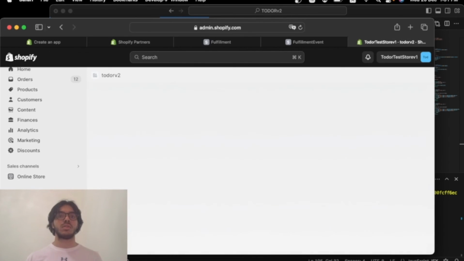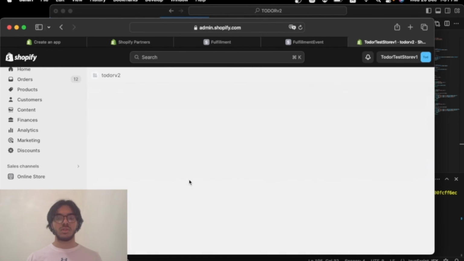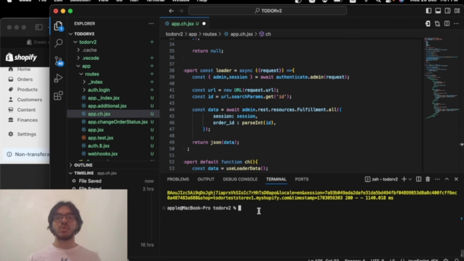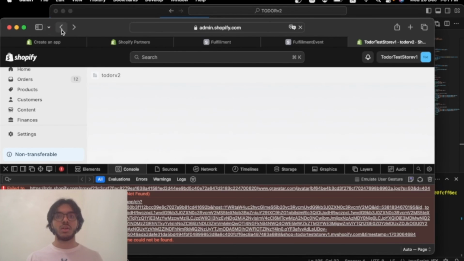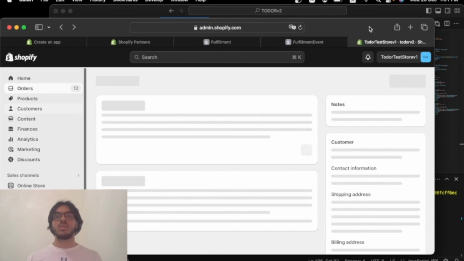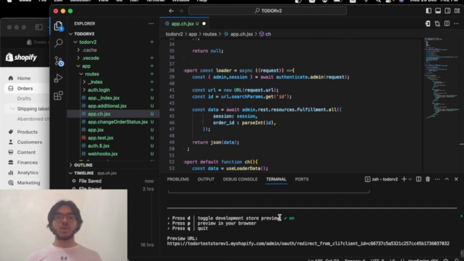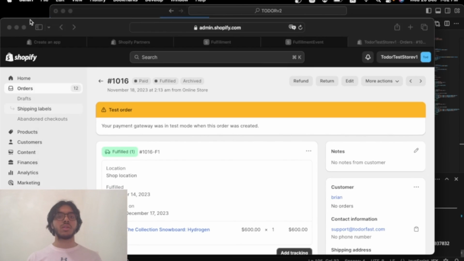And then let's have a look. What is this showing? Oh, we're not actually running the app. We're supposed to run the app. So npm run dev. That's not going to work because we're not running our app yet. So let's head back to the orders page and wait for this to load up. Alright, so once the app has been loaded, we can go back, go to your orders page,